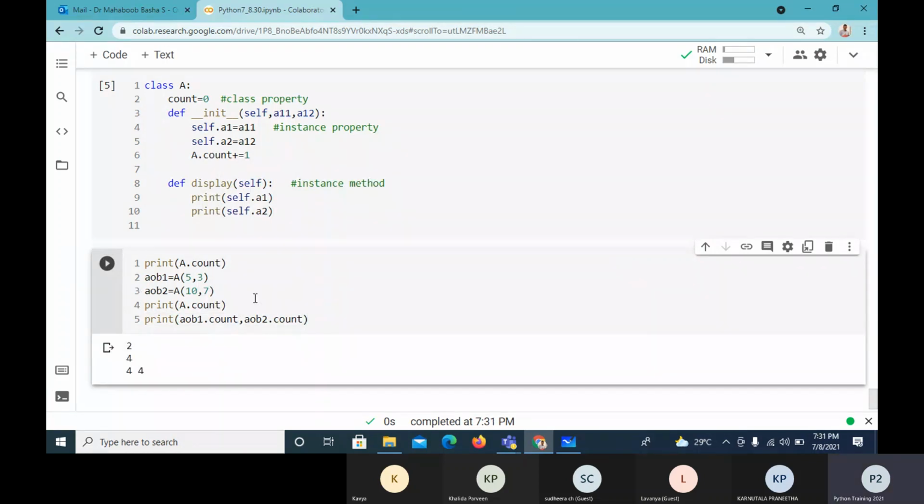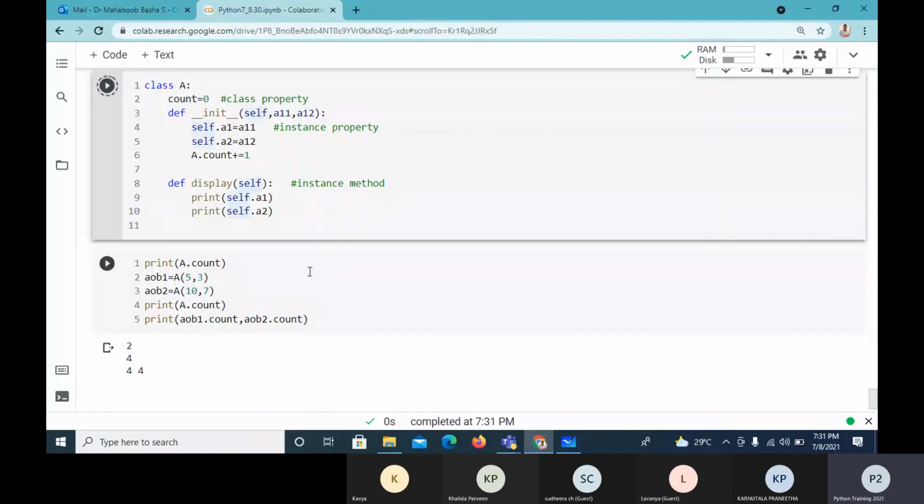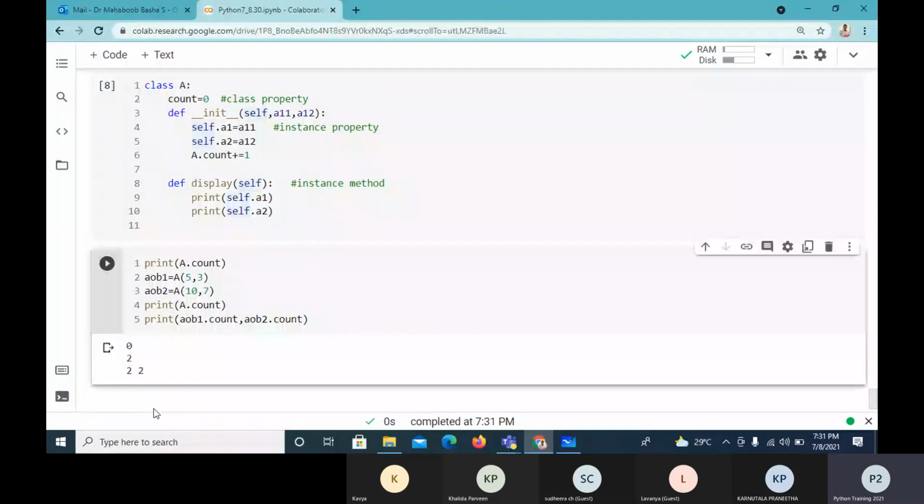Here each time I run, it automatically creates a new instance, so it becomes 0. I'll do it freshly, since it may cause confusion. So it is 0, 2, 2. Now whether I refer to it with the class name or object name, because there is only one copy, I will be referring to the same copy.